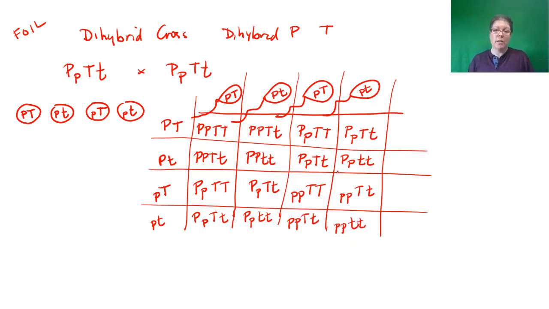Right? Keep in mind, each gamete needs to have one copy of each gene. So this one has one P and one T. If we go through there, we can do the phenotypes. I'm going to do pheno. And I'm going to say, okay,